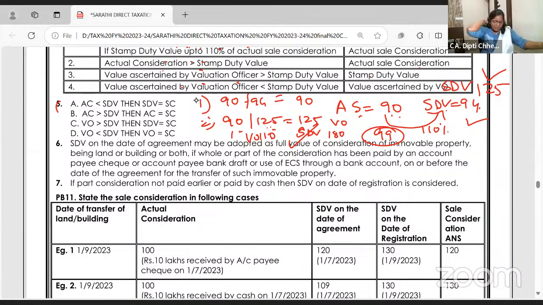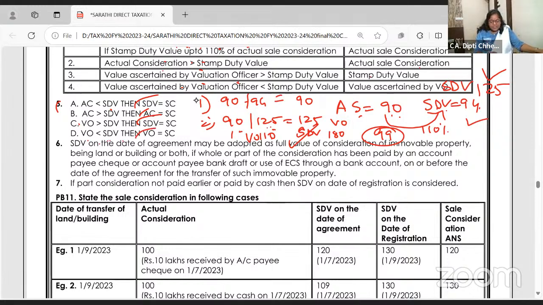Did you read the second point? If actual sale consideration is less than stamp duty, then take stamp duty. If actual sale consideration is more than stamp duty, take actual sale consideration. If the valuation officer's value is more than stamp duty, then take stamp duty. You were fighting for stamp duty, the valuation officer is even further ahead. Then stamp duty. If the valuation officer is less than the stamp duty,